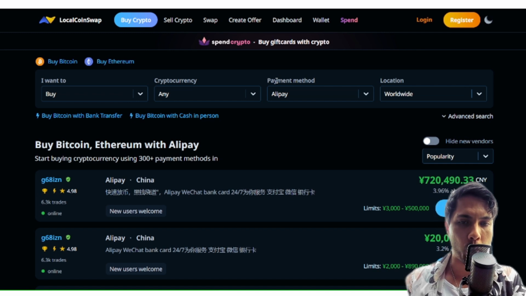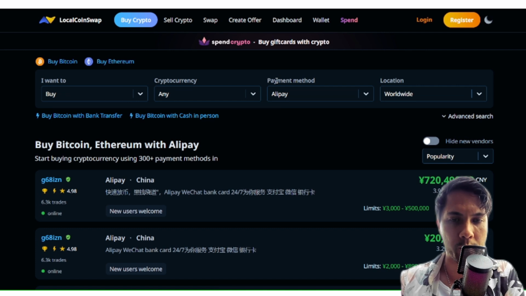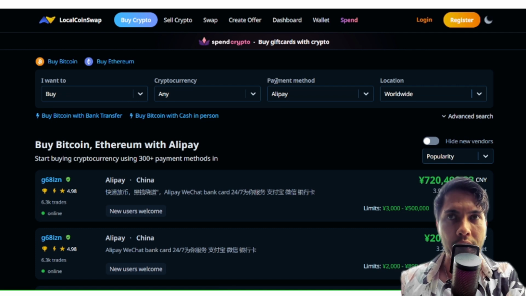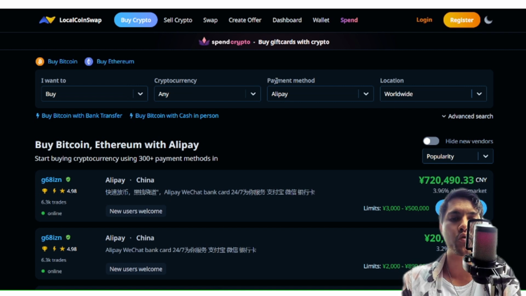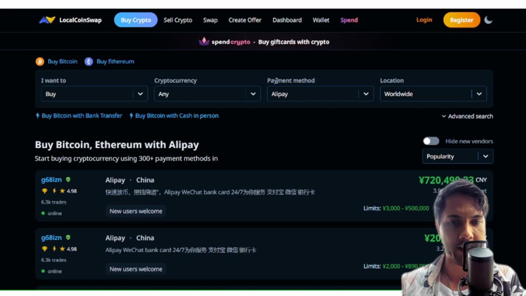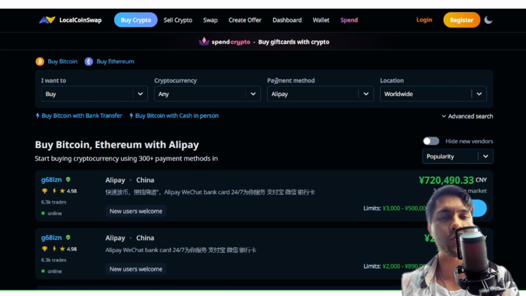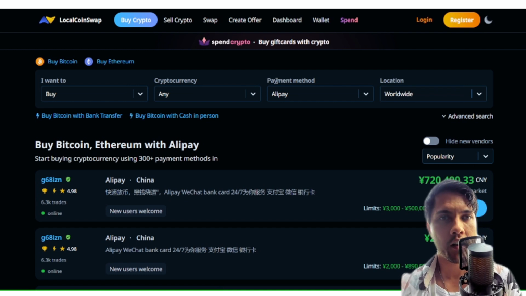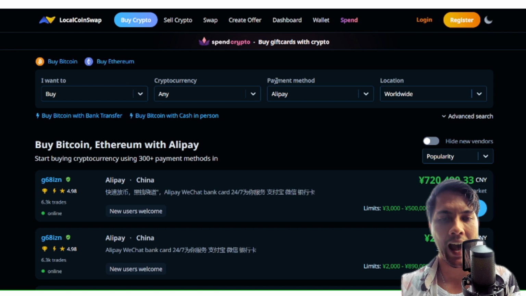And the reason why I want to mention that is because China has had a very rocky relationship with cryptocurrency. However, that hasn't stopped it from having the second largest trading volume in the world. And that's because the majority of the transfers are done through OTC or P2P. So people are just dealing directly with each other. And as long as they're avoiding these large centralized institutions like Binance and whatever, they're essentially able to skirt around whatever regulations their country has.